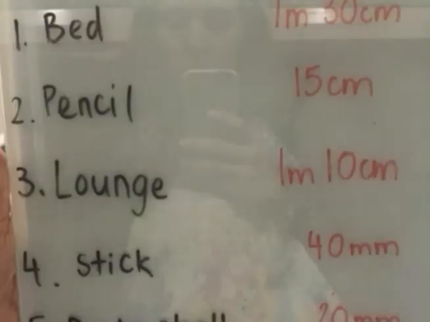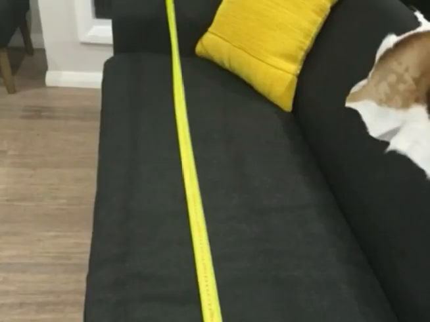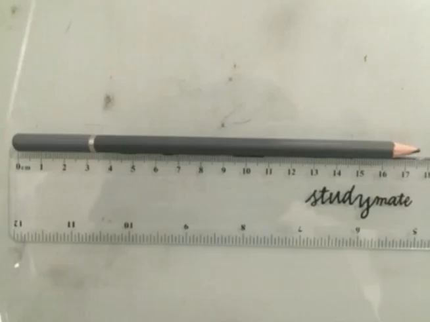So first of all, the children will come up with a list of items or distances that they will be interested in measuring. They're then required to make an estimate of what they imagine the length would be, thinking about the appropriate tool that they should use to measure and what would be the most appropriate unit to measure in. So the next step of the activity is the fun part where the children will go out and measure the length of the items, choosing their appropriate tool to use,